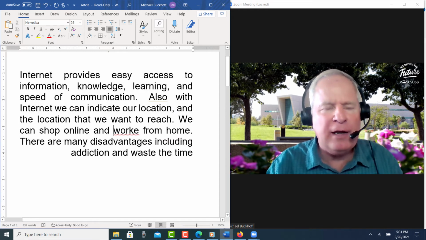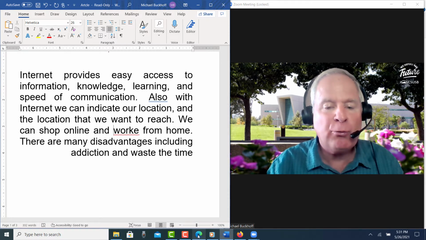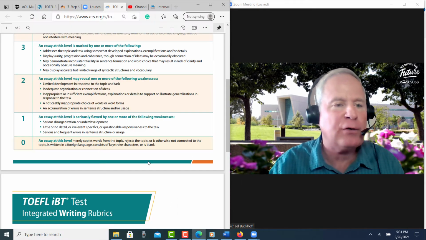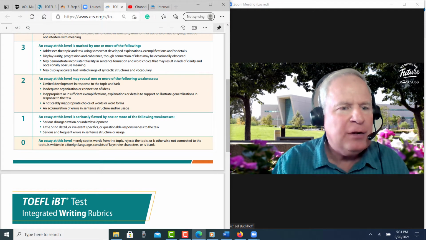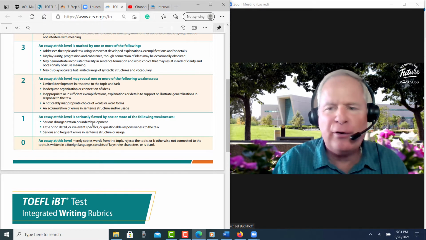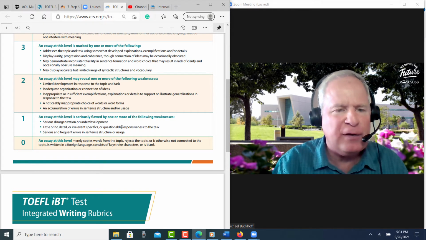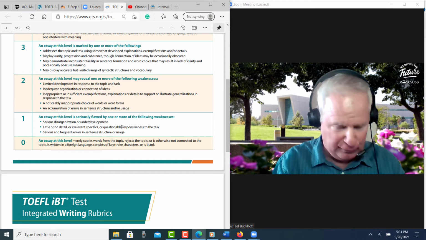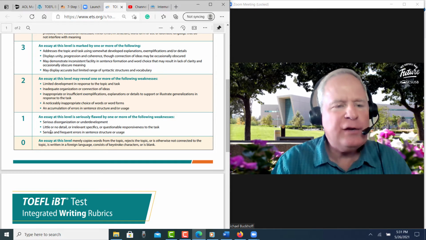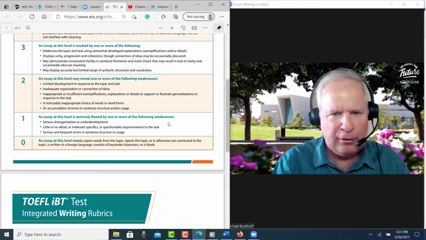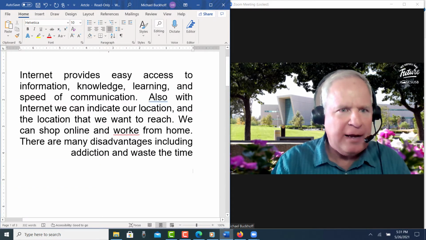So I'm looking at this, and I'm saying that, according to the IBT rubrics that TOEFL uses to score your writing, I'm looking maybe just below 1. You have serious disorganization or underdevelopment, little or no detail or irrelevant specifics, or questionable responsiveness to the task. Serious and frequent errors in sentence structure and or usage. Now, what if we take